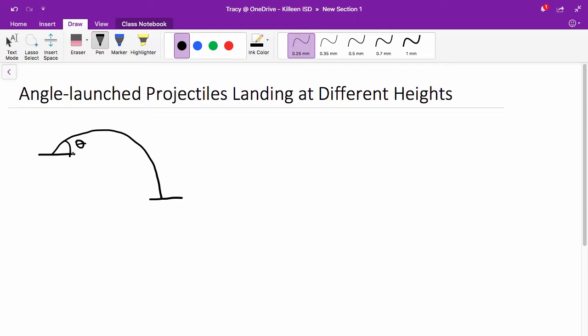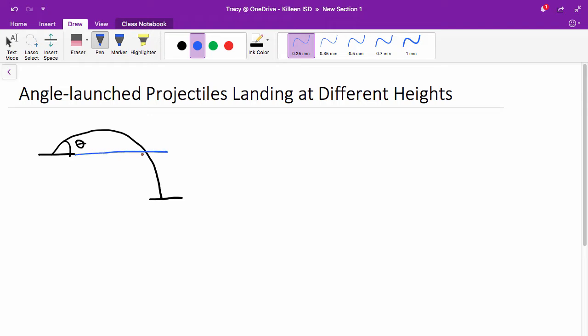We've done horizontally off a building, which there are different heights there. And we've done at an angle to the same height. So this kind of puts the two together. So you have the same basic assumptions as for the other types, but you just have to understand what's going on here. And so the main thing to realize is that if this were